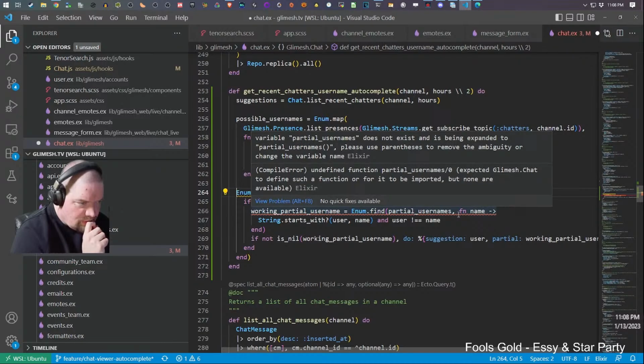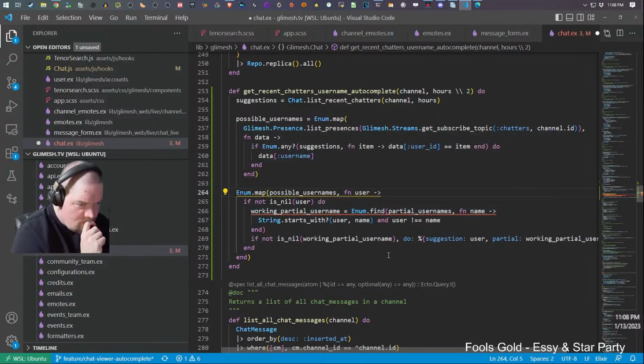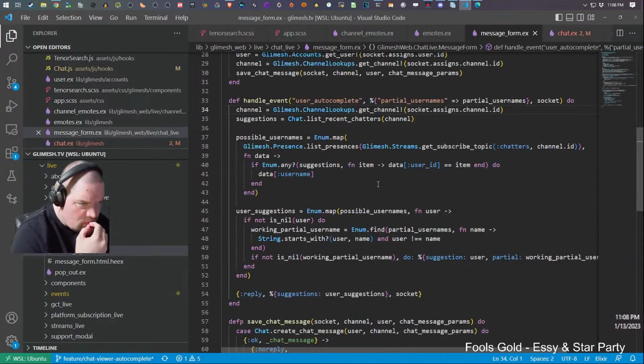Partial usernames does not exist and is being expanded. Yeah, you're right. It doesn't. But where did I get that from? Oh, right. It's passed in.